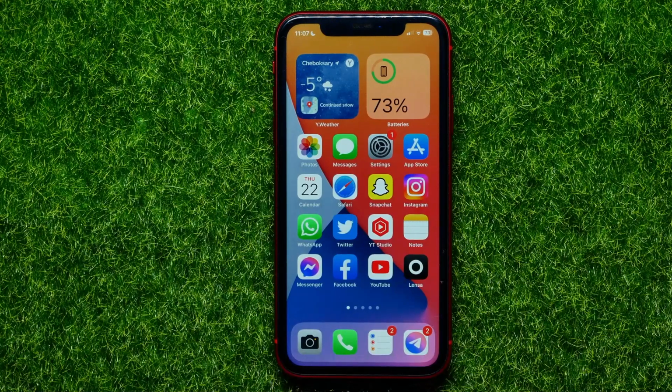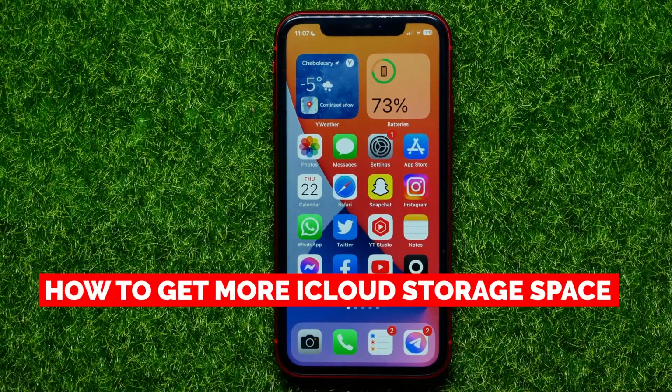Hello guys, welcome back. In this video I'm going to show you how you can get more storage space at